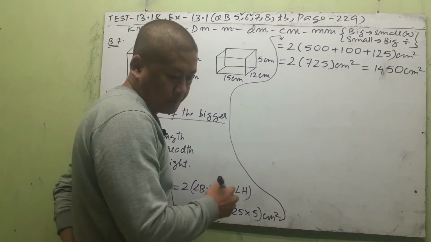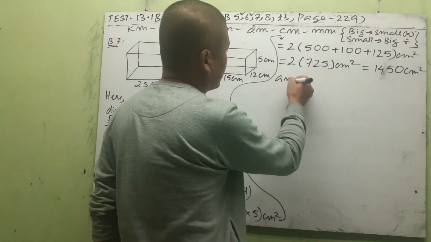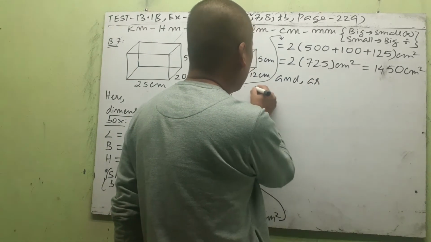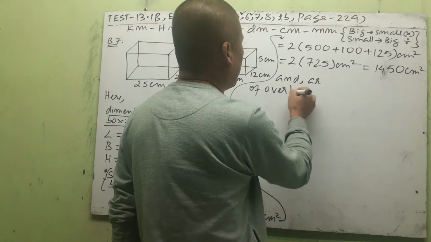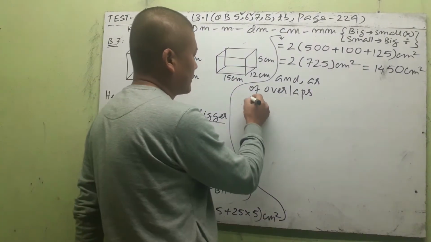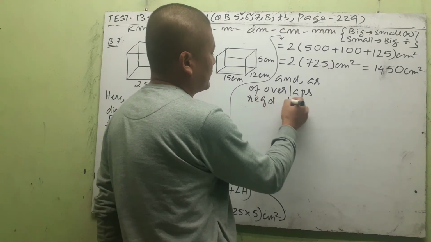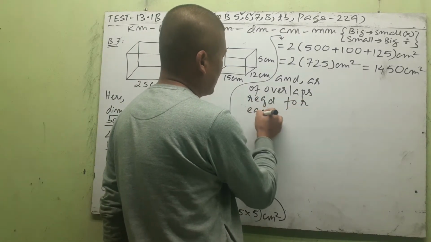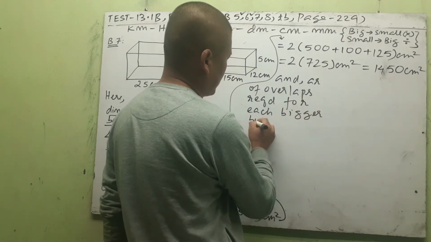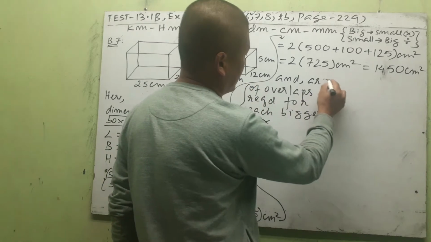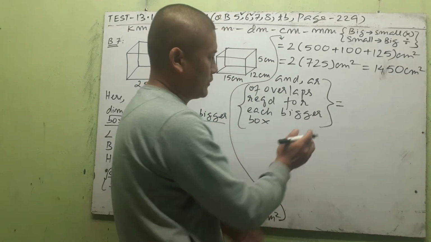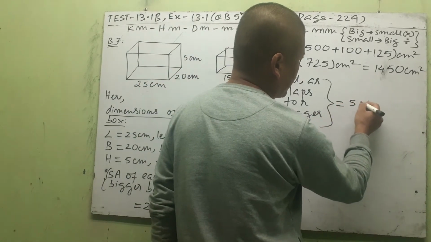So let us write here, area of overlaps required for each bigger box. The question is saying this area required for overlap for each bigger box is 5%